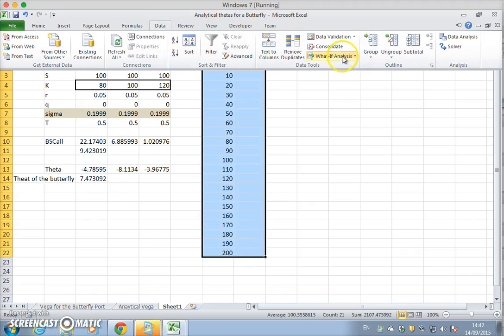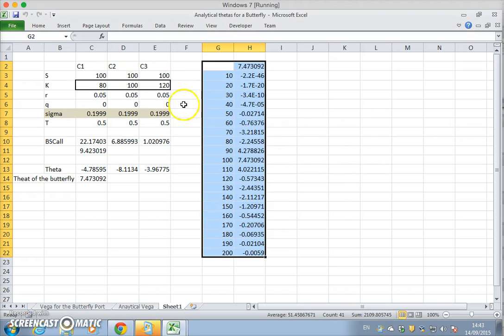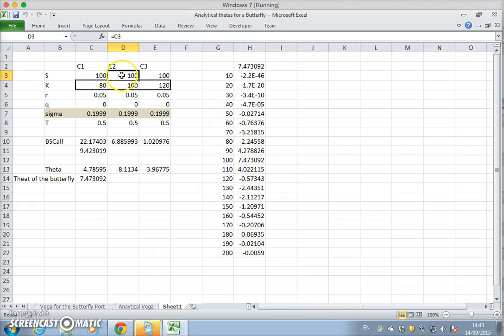So data, what-if analysis, data table, it's a column of data, and this is the original parameter input, and we verify here this cell changes when this cell changes, and this cell here changes when this one changes as well. So for 100 we get the same result as here, and so we can verify the result is